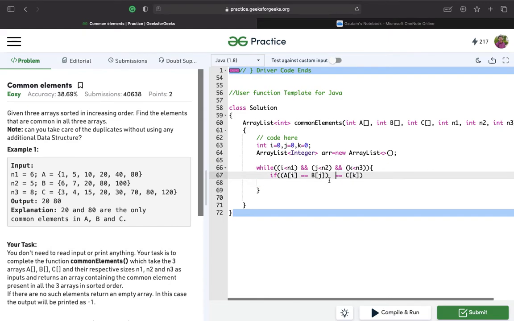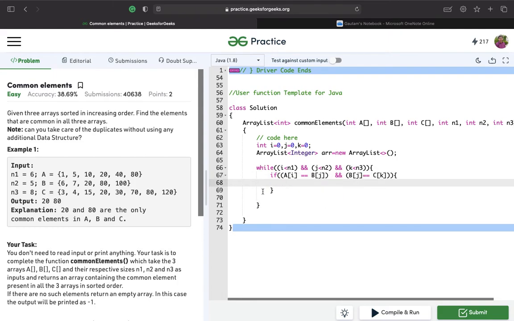So we need to enclose it with boolean and: a of i equal to b of j and b of j equal to c of k. This implies that all 3 of them are equal.